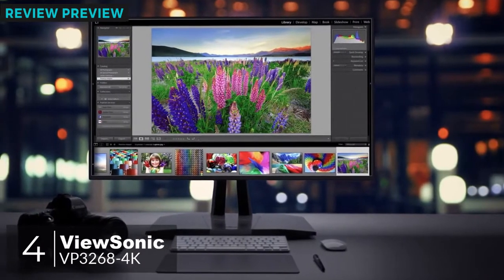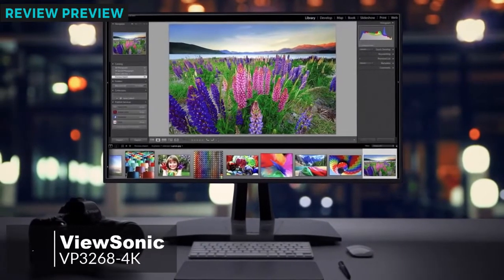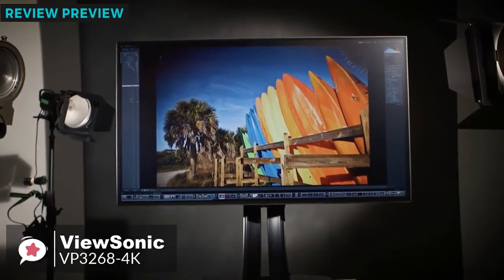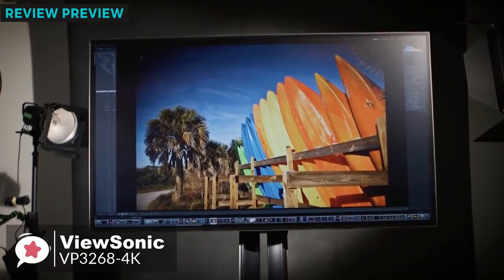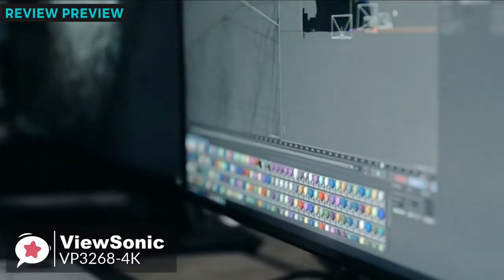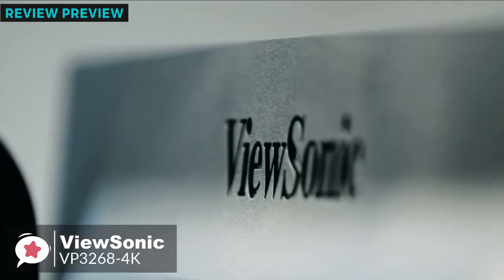At number 4 is the ViewSonic VP3268 4K. The ViewSonic VP3268 4K aims to conquer a premium segment by offering functionality and performance while staying at a competitive price point. Design-wise, the ViewSonic VP3268 comes dressed for business with a minimalist design, which has a matte black texture